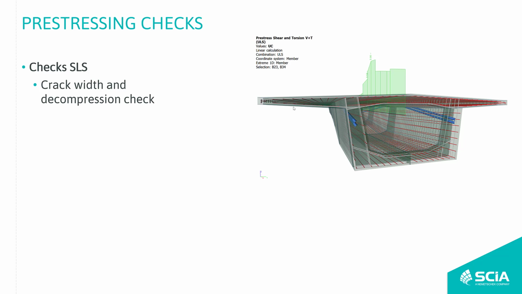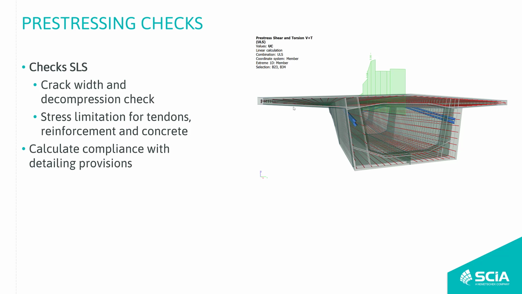We are able to check the crack width and decompression check, stress limitation for tendons, reinforcement and the concrete. And finally, we are able to check the compliance with detailing provisions which are published in the code, so that you have the ability to check the spacing conditions for reinforcement